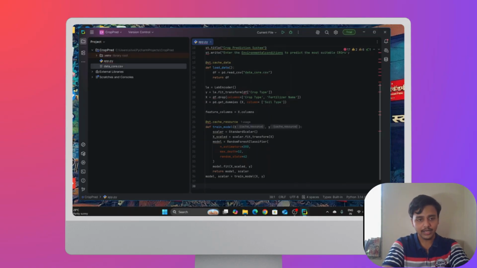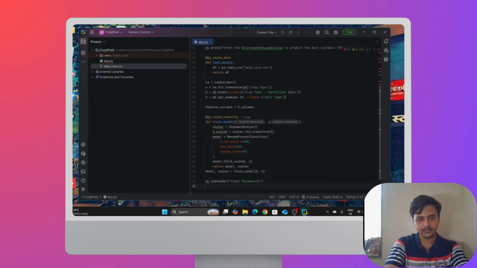So for the UI, I'm going to write st dot subheader, and for the subheader I am going to write input parameters. This creates a section heading.